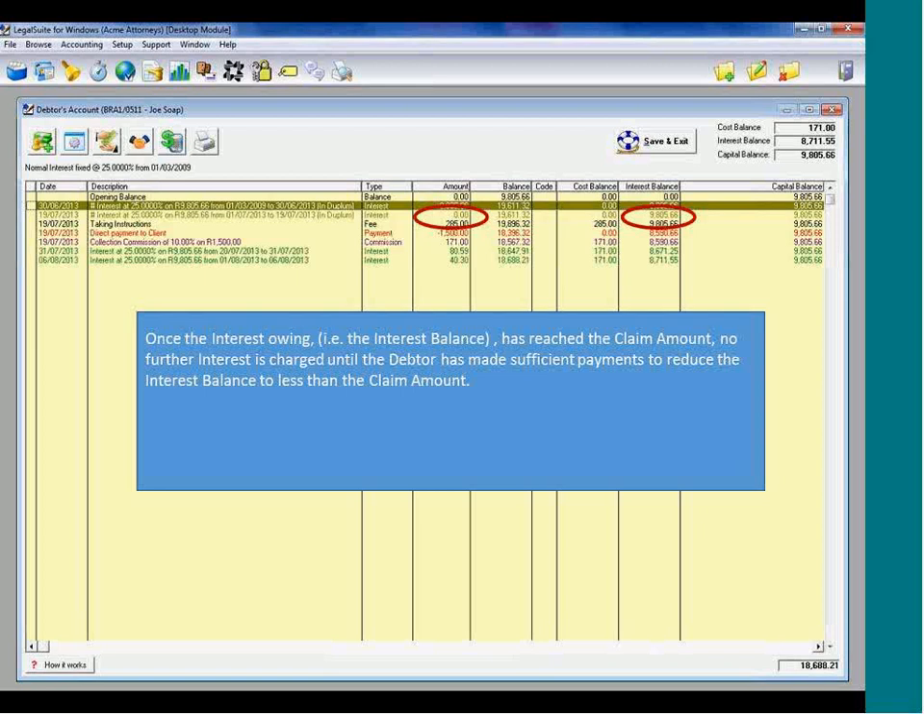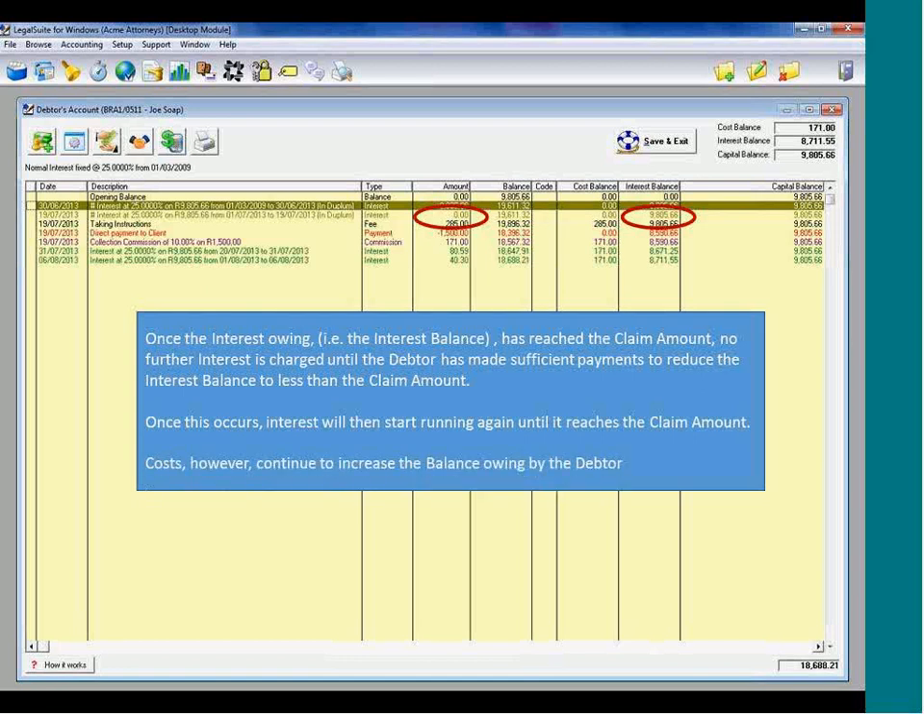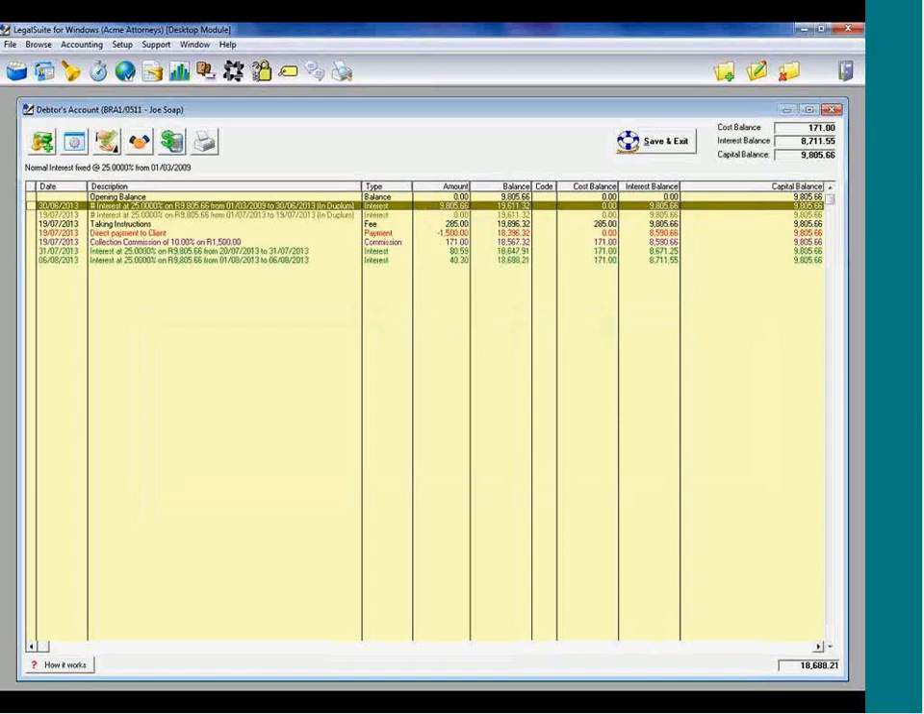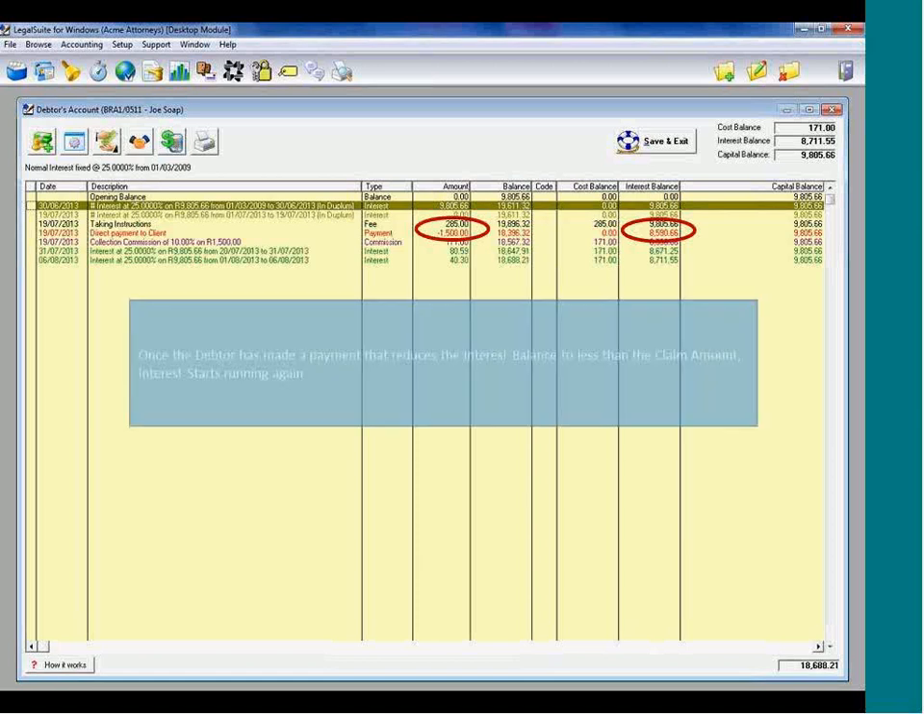Costs, however, continue to increase the balance owing by the debtor. So you can see that a payment of R1,500 has been made by the debtor. And once the debtor has made a payment that reduces the interest balance to less than the claim amount, interest then starts running again. In a matter where the new NCA rule is being applied,